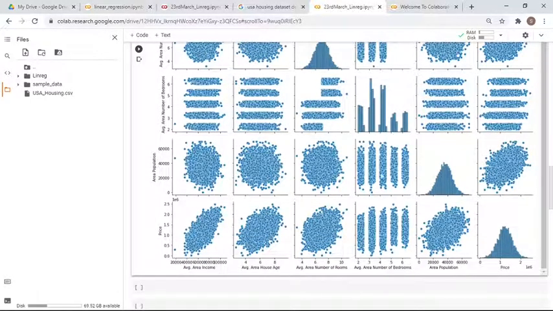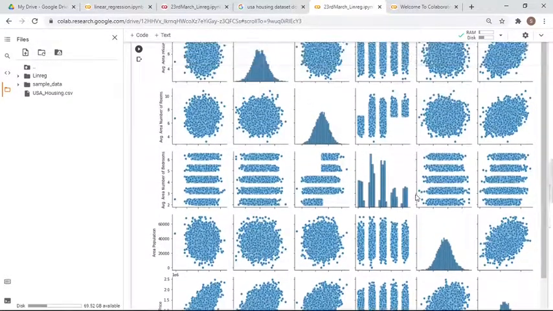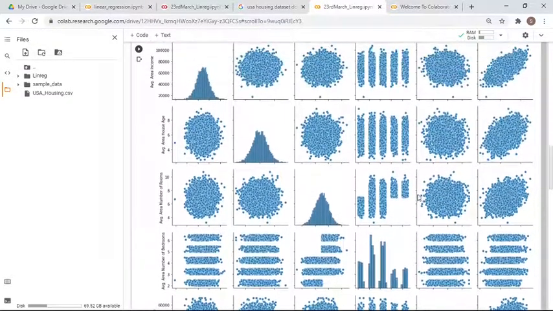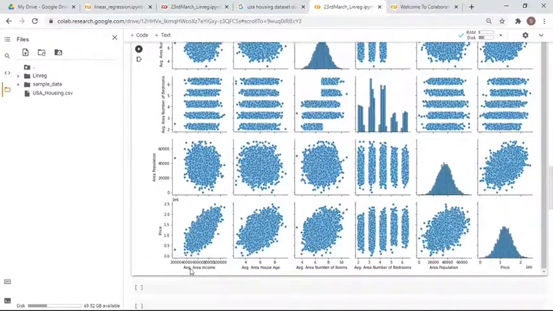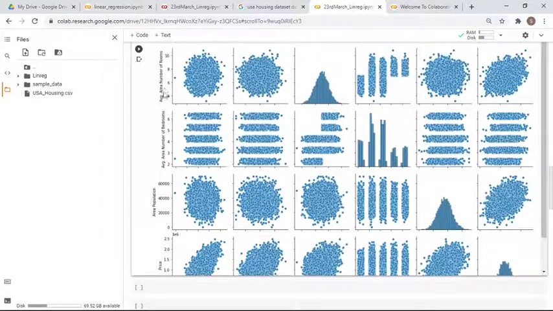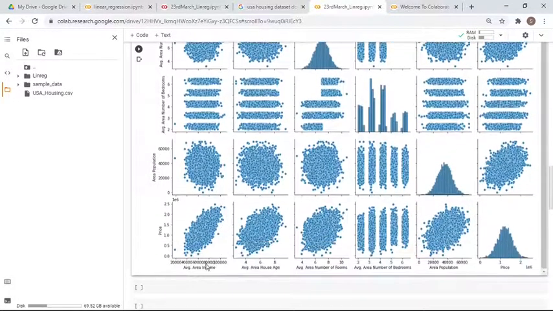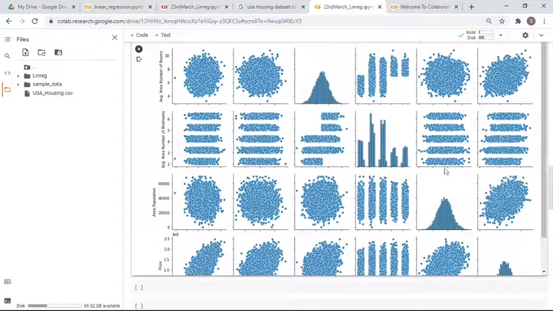Okay, so all this relationship you can see, and then from here you can see how the plot is and how the data points are behaving. I mean, the attributes are behaving, two attributes, how they are behaving. Okay, so you can imagine that this is the x-axis and this is the y-axis, right? So like that, all pairwise relationships we can see from here.